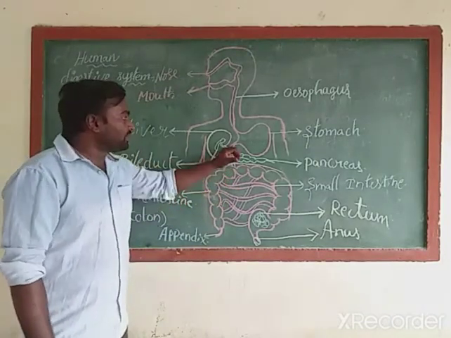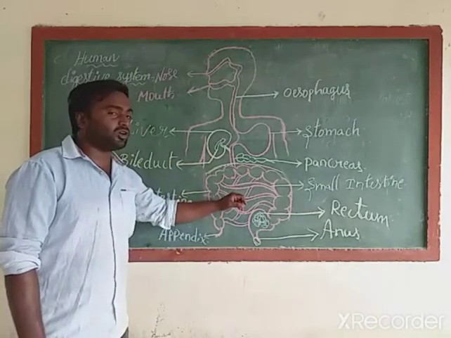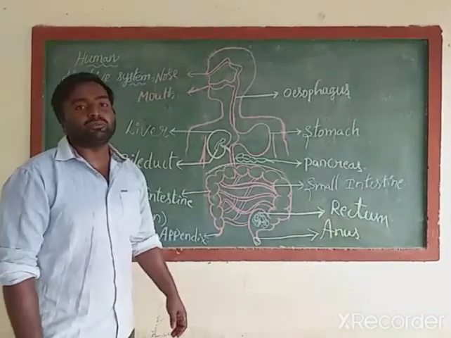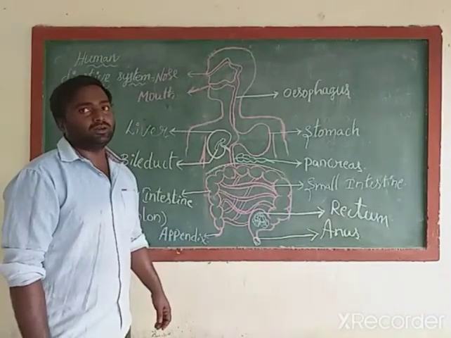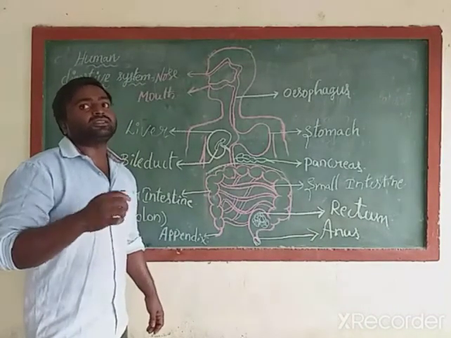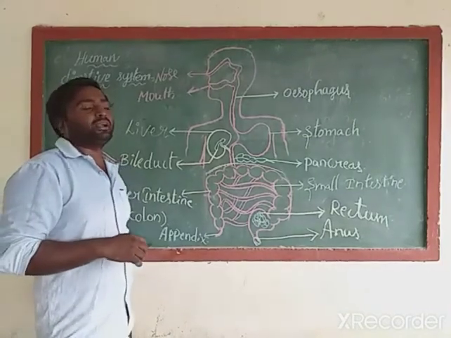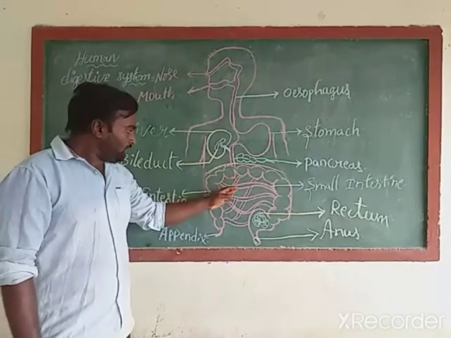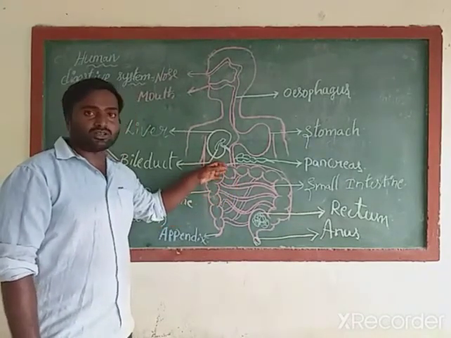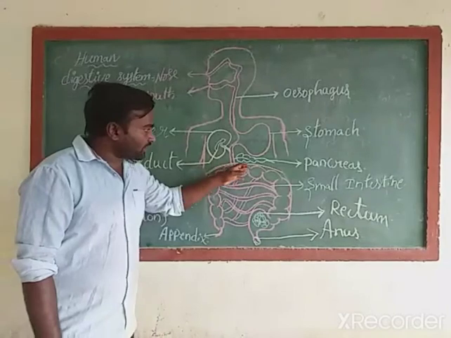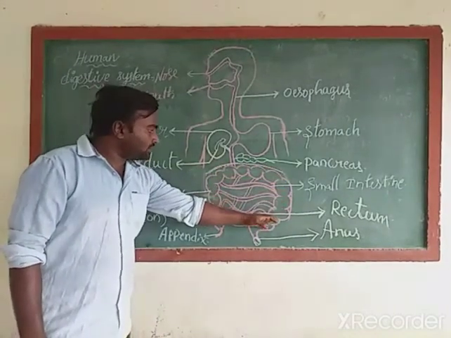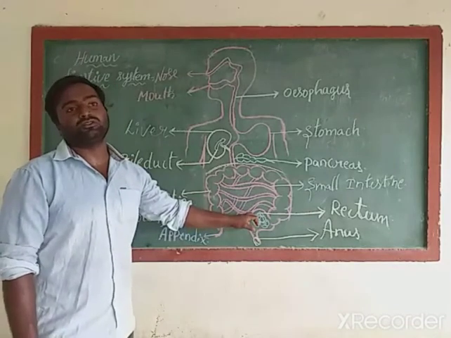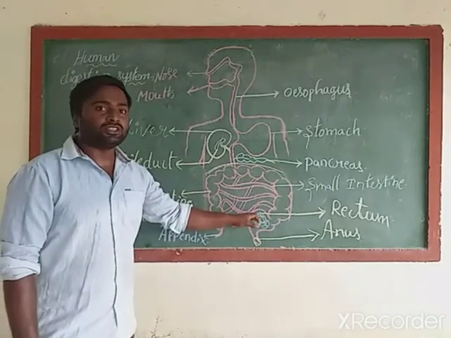So whenever the ground food materials enter the small intestine, what will happen? The small intestine absorbs some useful materials from the food materials. Digested food contains some useful materials. These useful materials will be absorbed in the small intestine, and waste materials will enter the large intestine. The large intestine sends all the waste materials into a bubble-like structure called the rectum. Here the rectum is useful for the storage of waste materials.